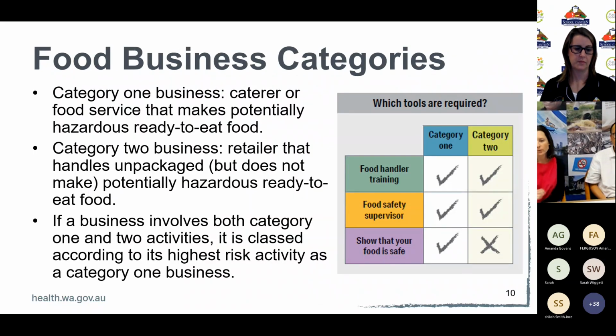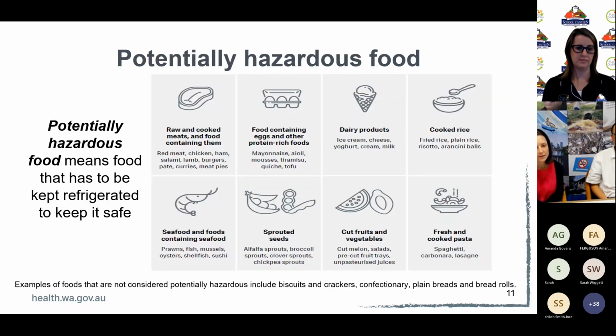Just to start off with, the standard refers to food business categories because certain businesses need to comply with all three of the tools, whereas some lower risk businesses only need to comply with two of the tools. So a category 1 food business is a caterer or a food service business that makes potentially hazardous ready to eat food. And now the term potentially hazardous is